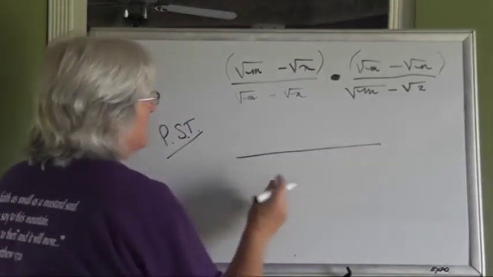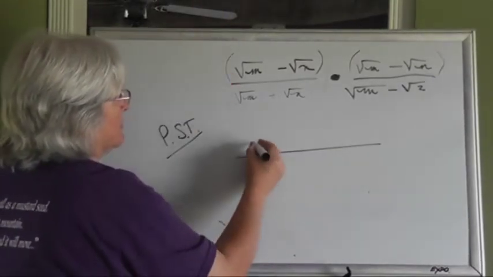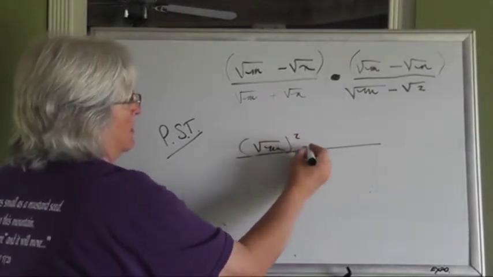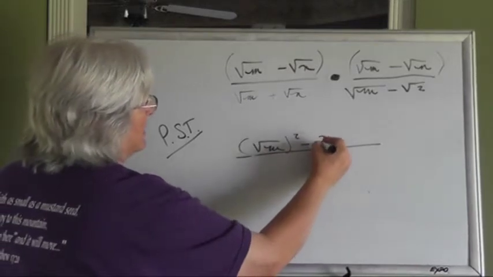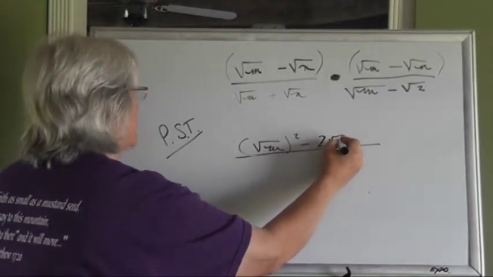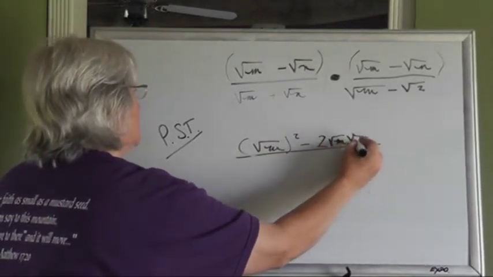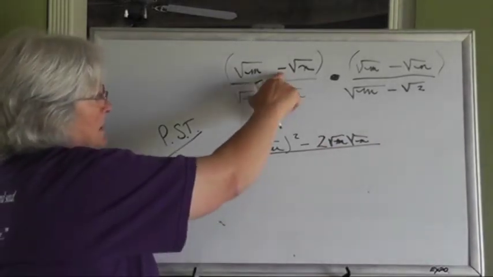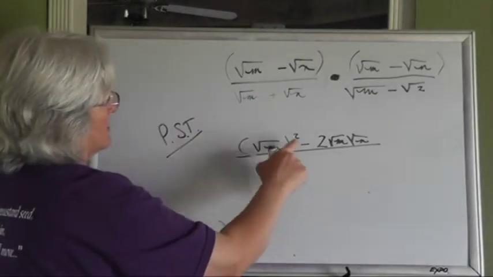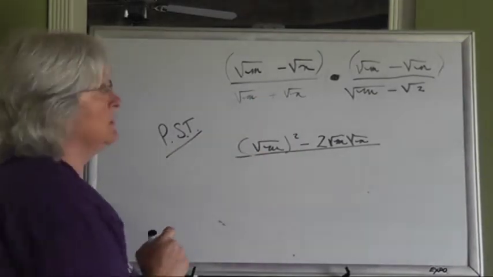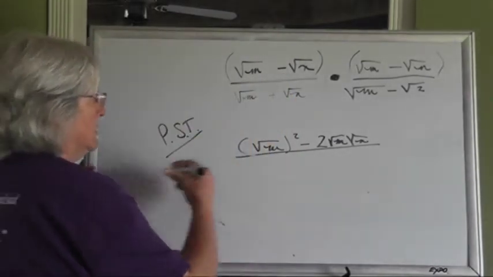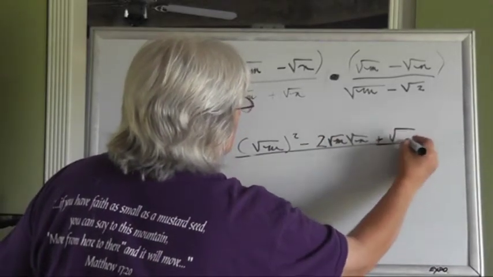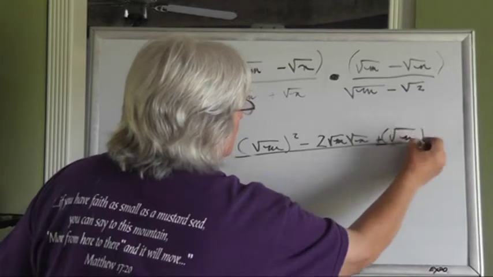So your numerator is the first term squared minus 2 times the product of the first and last terms. We have a minus sign here, which is where we got this minus sign, plus the square of the last term, plus square root of n squared,